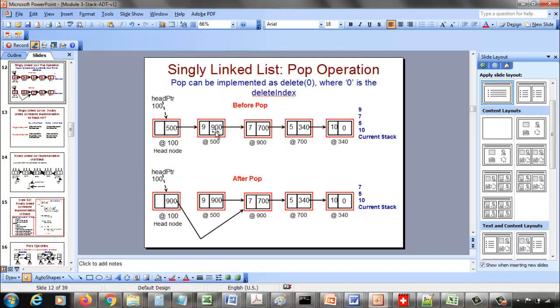So this is, say, the stack that we currently have, and you want to do a pop. That means you want to remove the topmost element out of the stack. Again, the top of the stack is the node next to the head node. So this is the data node that you really want to pop out, with the data 9. After the pop operation, from the head node you should be able to visit the node which is now at the top of the stack, and so on. Okay. Alright, so how we accomplish this is,